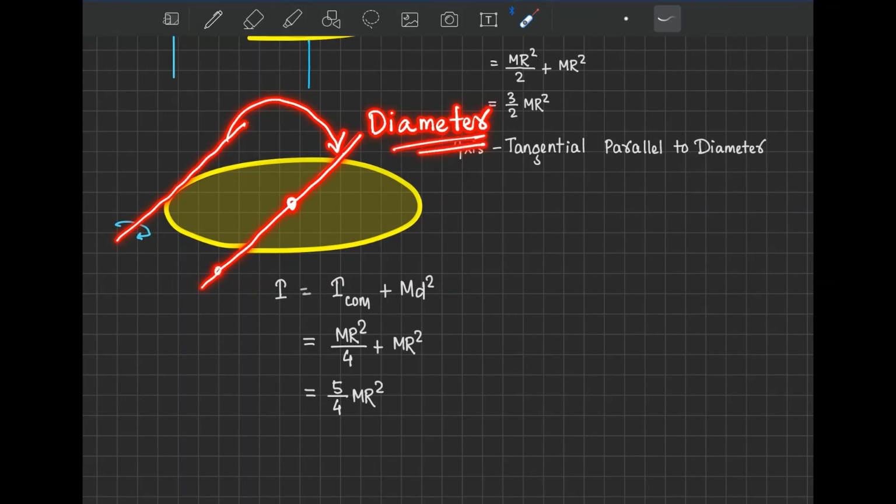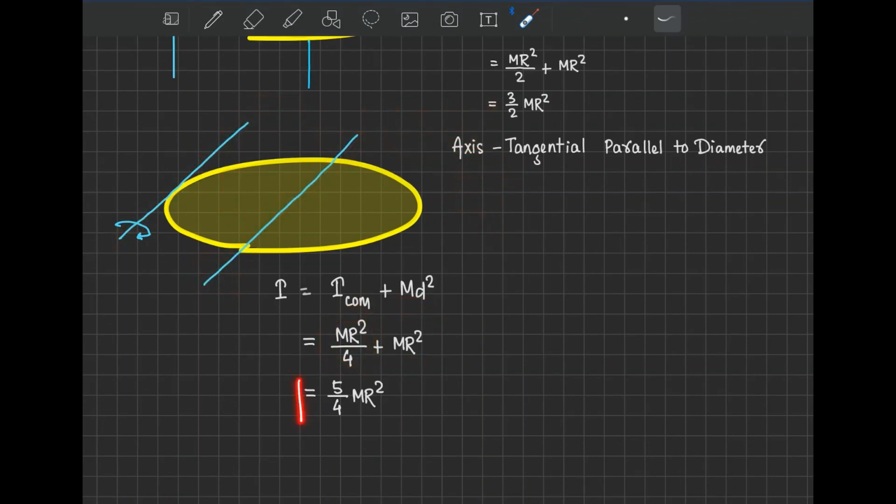Now about a diametrical axis, a disk's moment of inertia is mR square by 4, correct? So this ICM here we are getting mR square by 4 plus Md square. According to our parallel axis theorem, we are adding Md square. Now what is this d here? Again, this d is R, the radius. So in Md square, instead of d we put the R value. So in this case we get the result 5 by 4 mR square. So in this case the moment of inertia is 5 by 4 mR square.